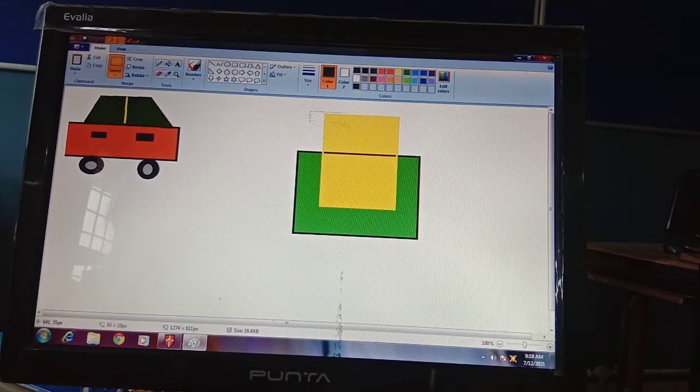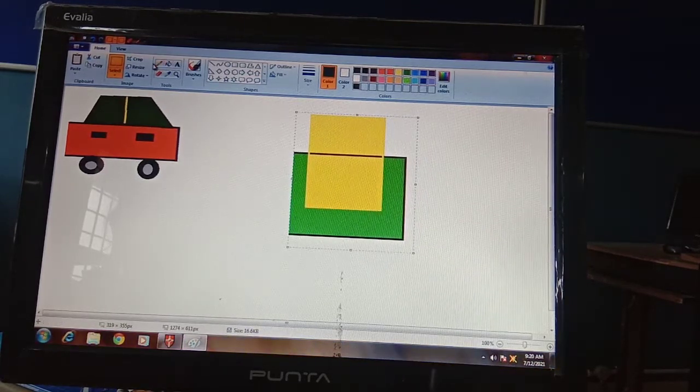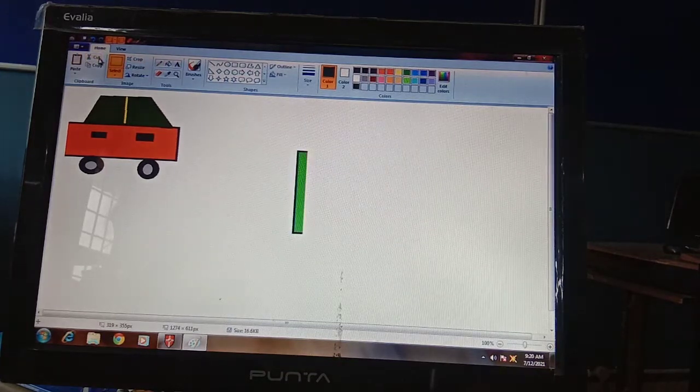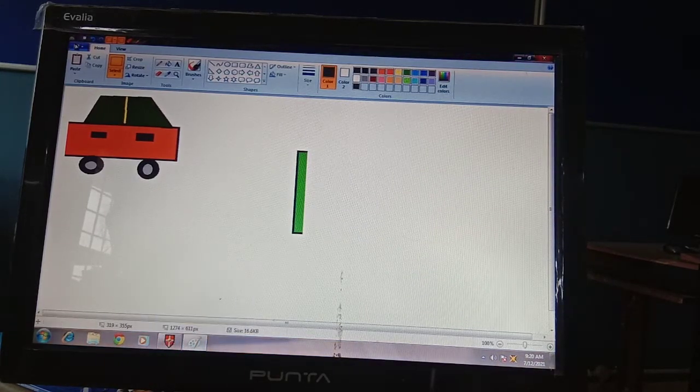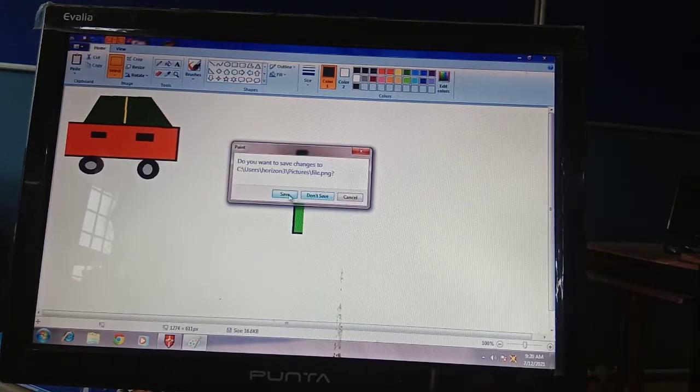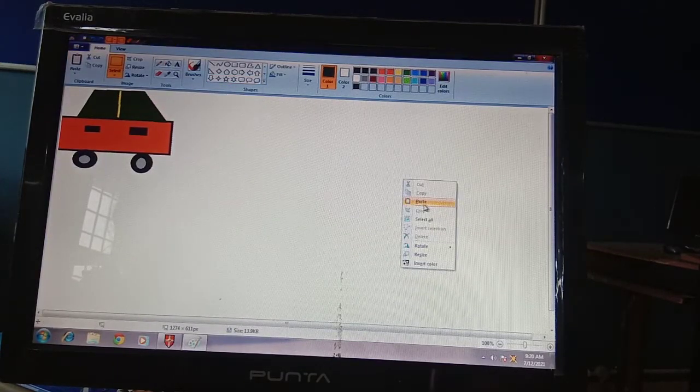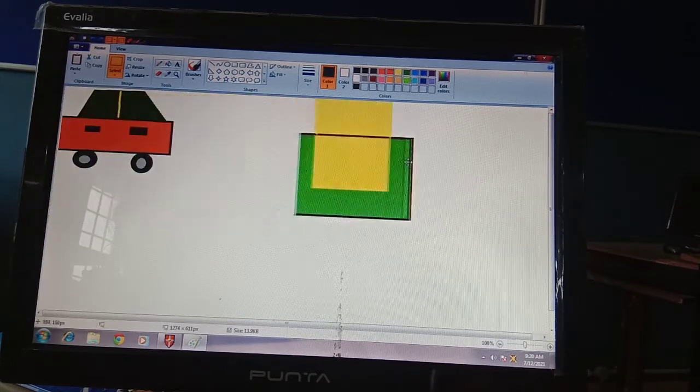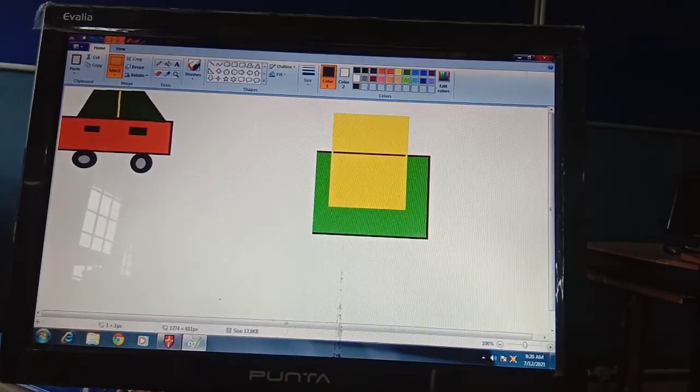But if I cut this picture, I am just clicking on the cut option. The part that is selected is cut from here, and now I am pasting it somewhere else, in a new file. Paste. See, this picture is pasted here.